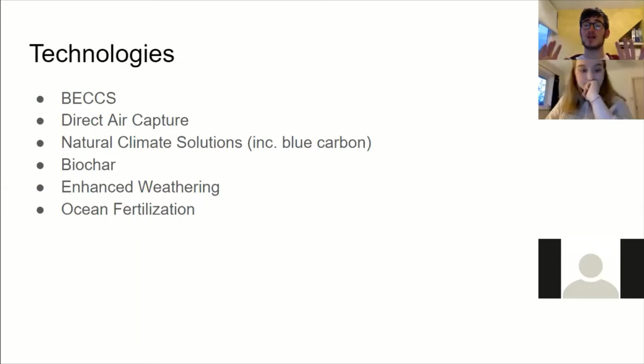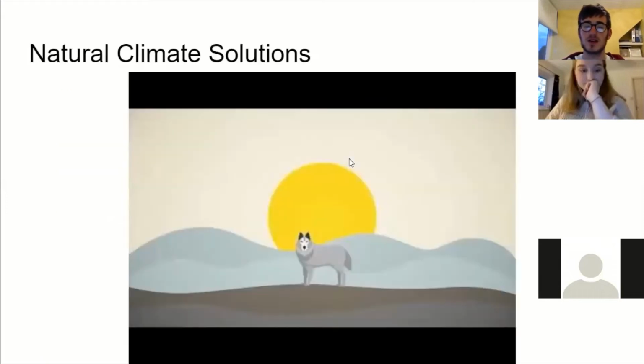These are all potential technologies. I'm not saying they are good. In fact, some of them I vehemently think are very bad. I, for example, personally do not believe that ocean fertilization works and actually think it can be highly dangerous. And I'll go into a bit of depth. Don't worry, this is just a list of some of the technologies that are included.